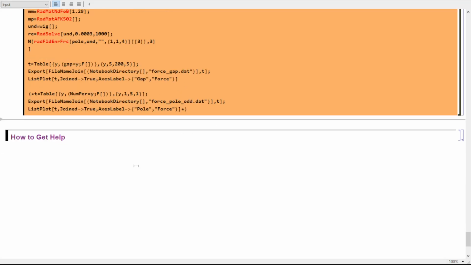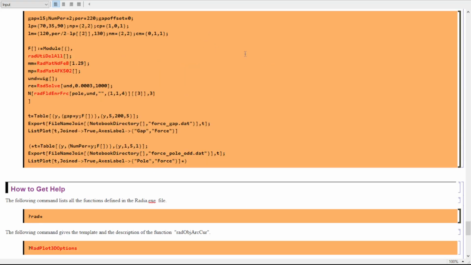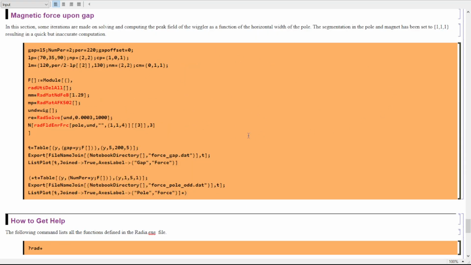And finally can get help. However, magnetic force upon the